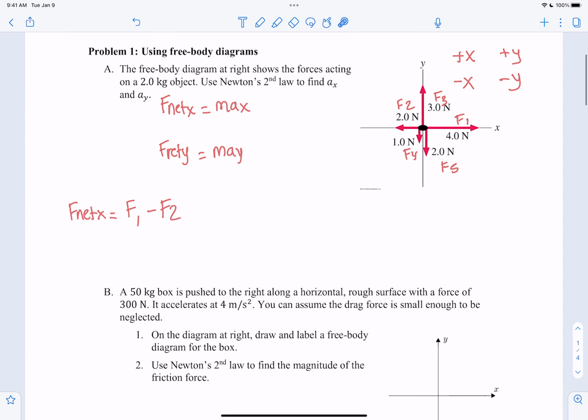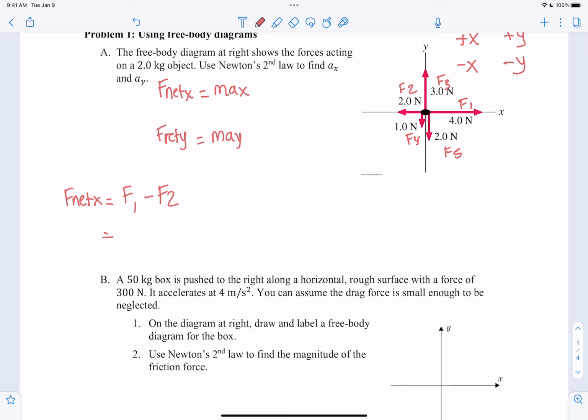So, to repeat that again, F2, if it's in the negative x direction, right, we can just integrate the direction into the equation itself instead of saying F1 plus F2. If you just integrate the direction in the equation, it just makes things a lot easier. So that way we can say F net x is equal to F1 minus F2, and we can just plug in, okay, this is 4 newtons, and this is 2 newtons, right? So I can say 4 newtons minus 2 newtons, and that should give me an F net x of 2 newtons, right? Now, that's my F net x. My F net y, on the other hand,